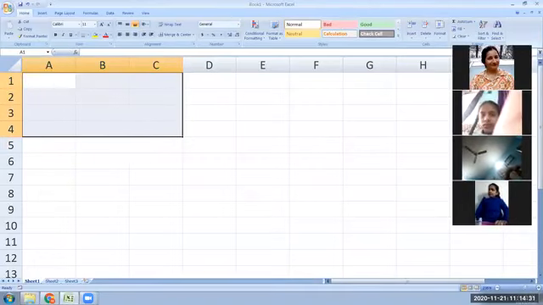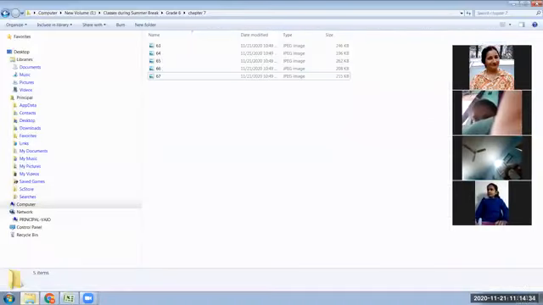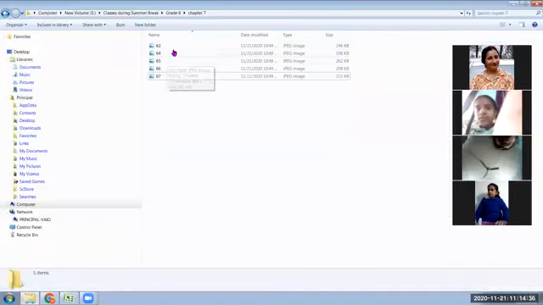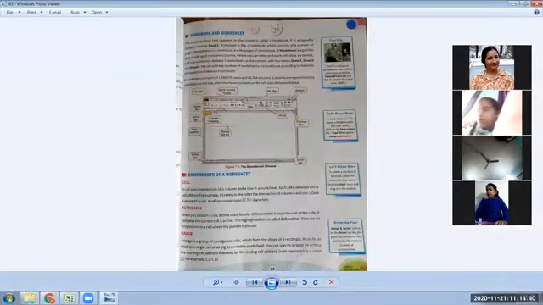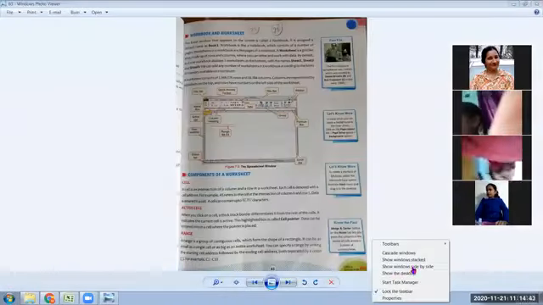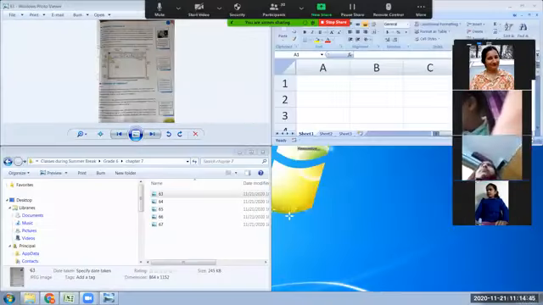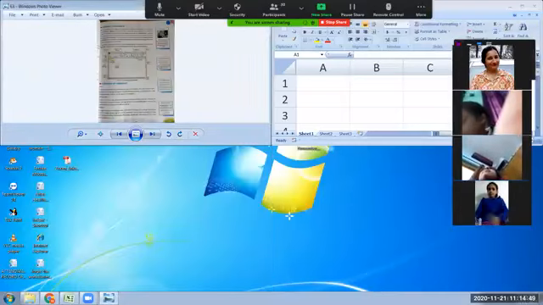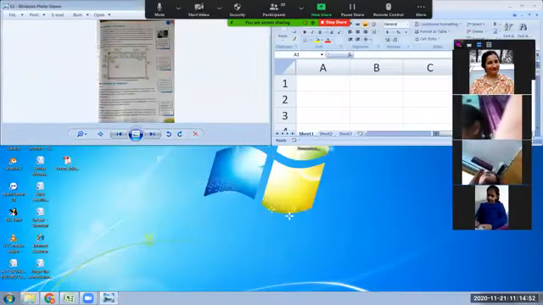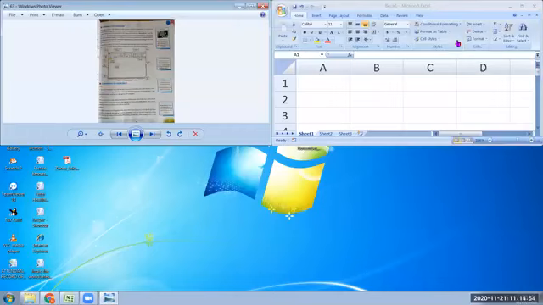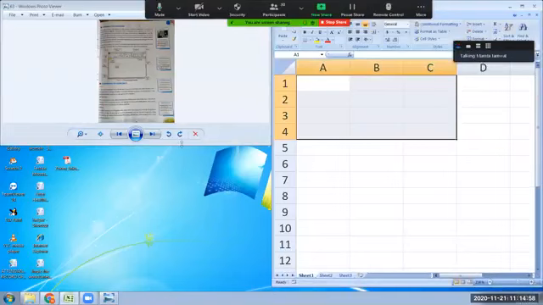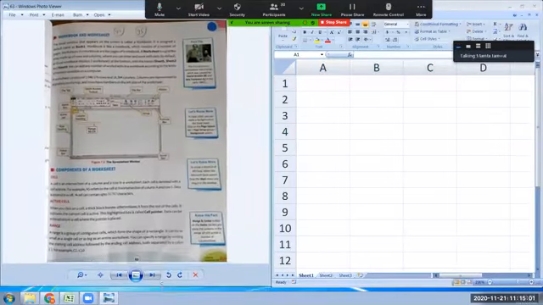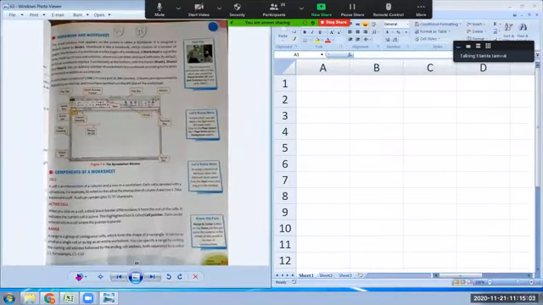Now let me share a page with you. Just one second. Page number 63 of your book, right? This is page number 63, and I will minimize this one and this also. Okay, so right now I hope you can see two windows on the screen, and this is page number 63 of your book.